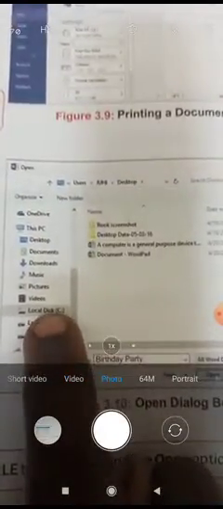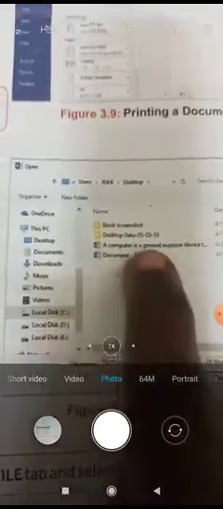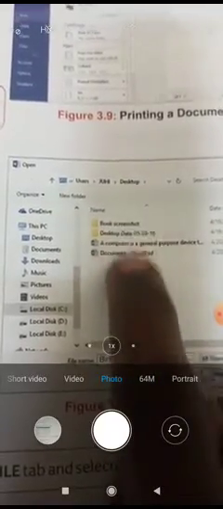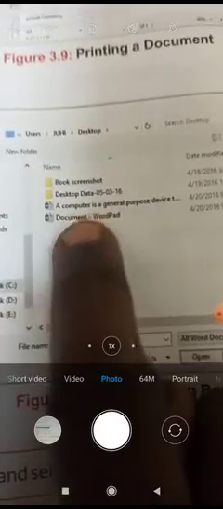Okay, if you click on C drive, what all is there in the C drive? After clicking This PC, you have come to the Local Disk C drive, and in that C drive you have these many documents. There are two Word documents you can see, and then there is a WordPad document. Whichever one you want, you select that and then click Open.